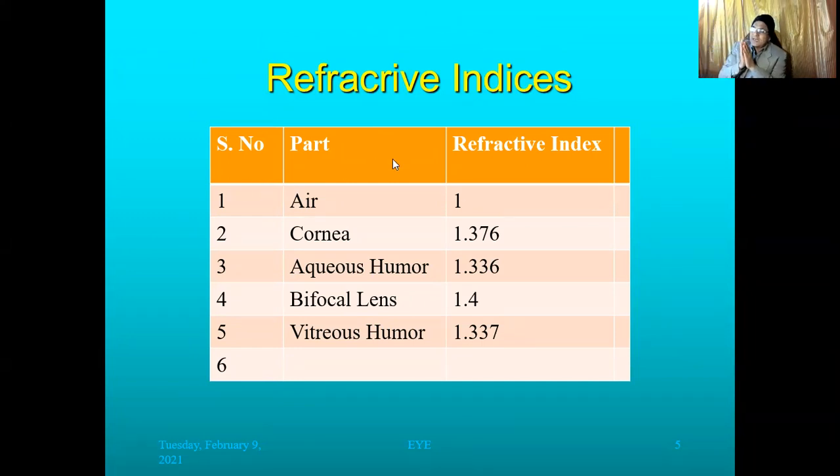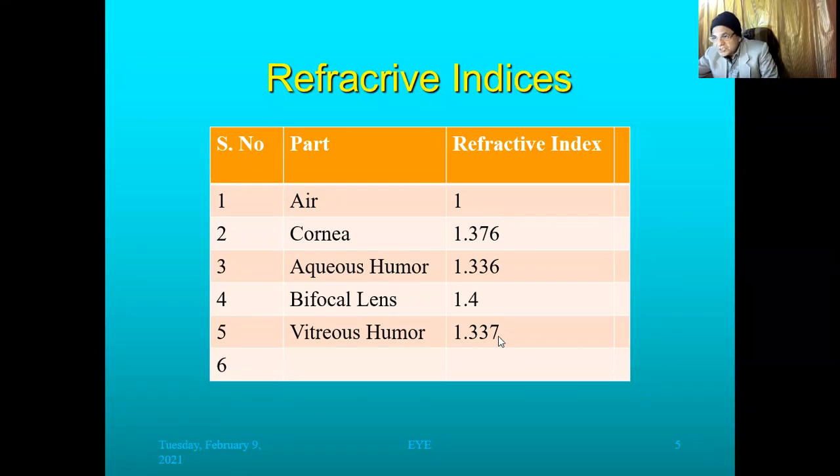So since the eye is supposed to be an optical instrument, a biological optical instrument, we have to be concerned with the refractive index. You see, the refractive index of air is 1. The refractive index of the cornea is 1.376. Aqueous humor is 1.336, and then the lens is 1.4, and vitreous humor is